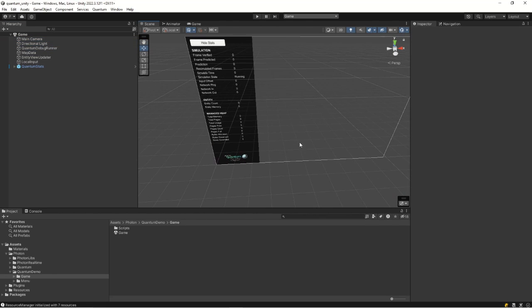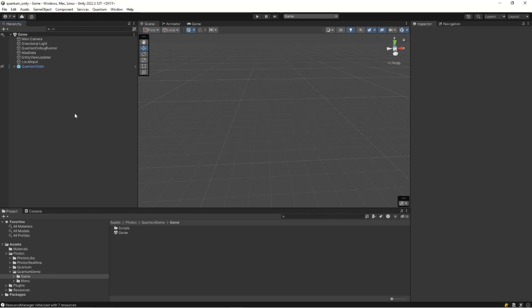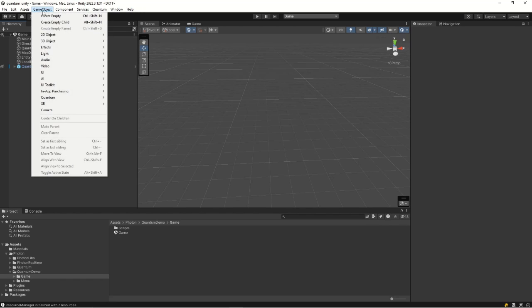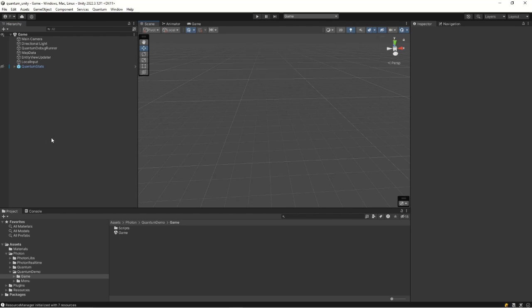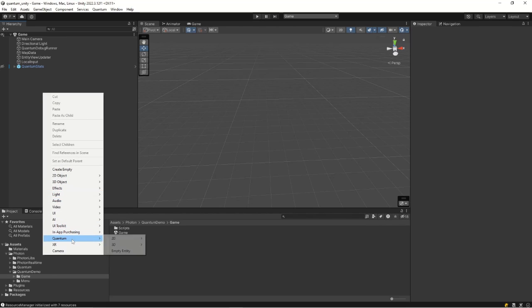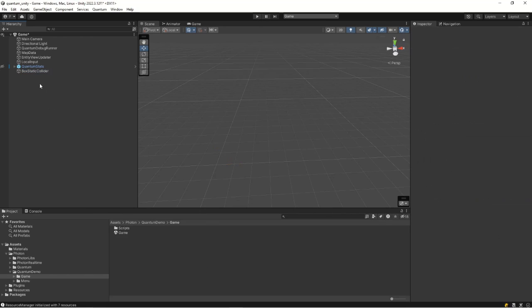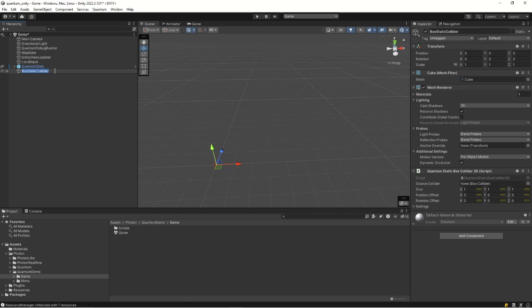So now if we want to create a level, let's start by getting rid of our Quantum stats here because I don't need them. We need to create not a regular game object, because a regular game object only exists on the Unity side, and we need a level, so we need something that actually exists in the Quantum game engine. So we need to create an entity for that. So let's right click, Quantum, 3D, and we'll start by creating the ground, which is going to be a static box collider, and we can call it